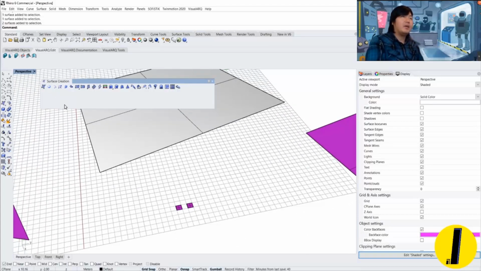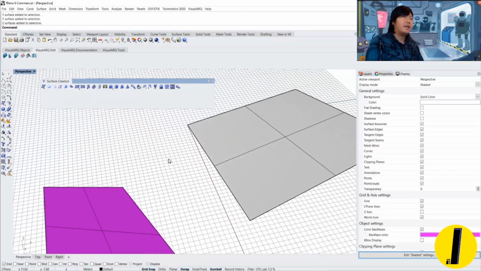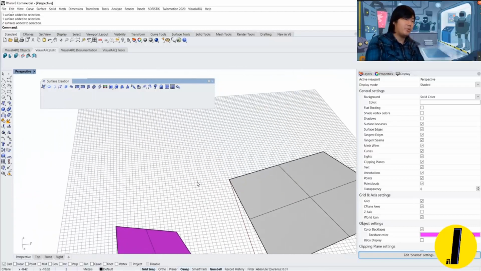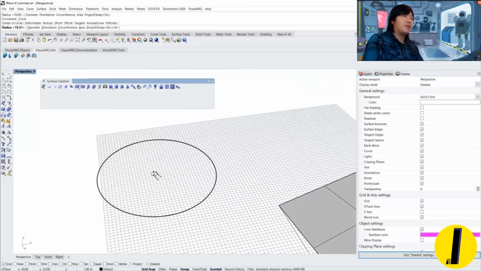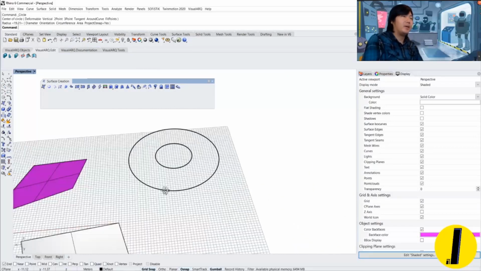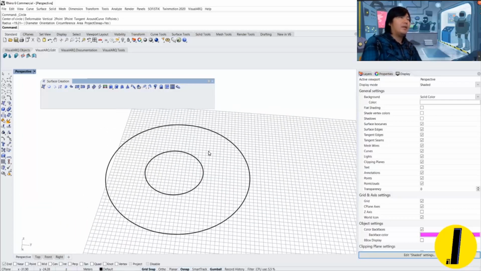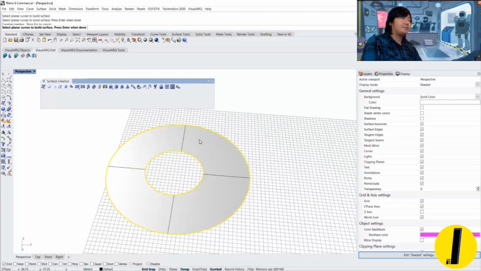There are many other tools, but I want to mention Planar Curves. So Planar Curves, let's imagine we import an AutoCAD drawing by importing the DWG file from an external file, and imagine we have this CAD block, which is composed of 2 circles. And in this case, we can use this planar curves, and when you select these 2 lines,